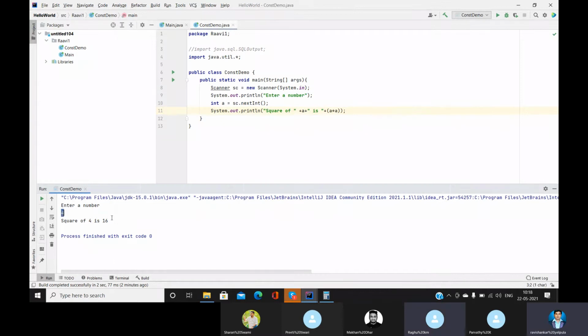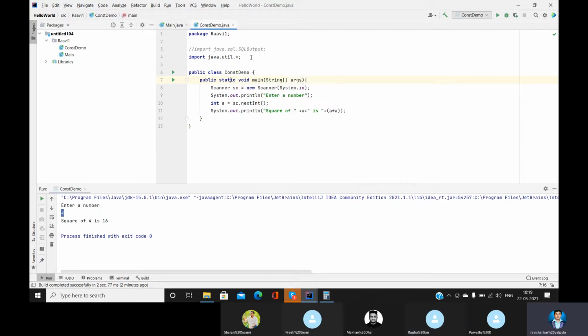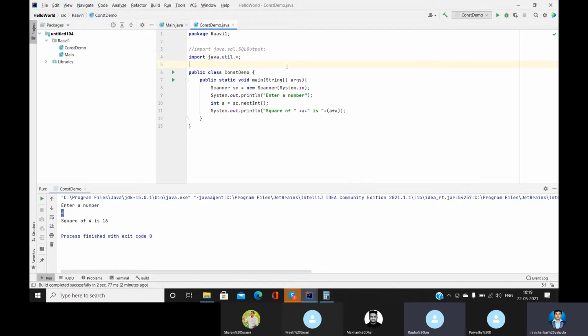Clear? Okay, clear. Coming to this import java.util, we showed one class, Scanner, but we have multiple classes in the util package. For that, go to the documentation, the collection framework documentation, and you'll find all the classes enclosed in this particular util package. Scanner is just one of the classes. Is it only for integers, or does it apply to strings also? It is applicable for everything.